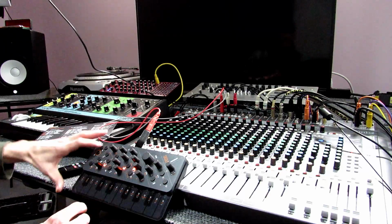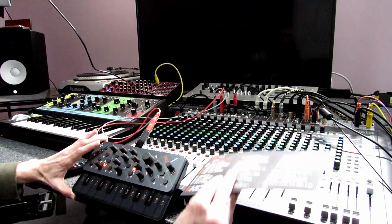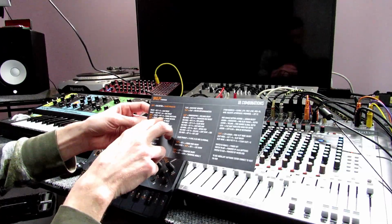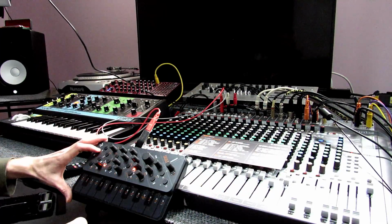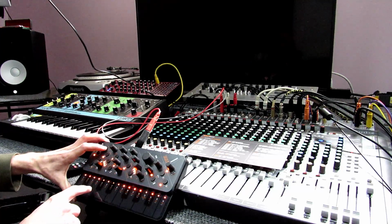It's got so much stuff. So if you take this card here and kind of go through it, presets 1 through 16 to load your presets, you'll...